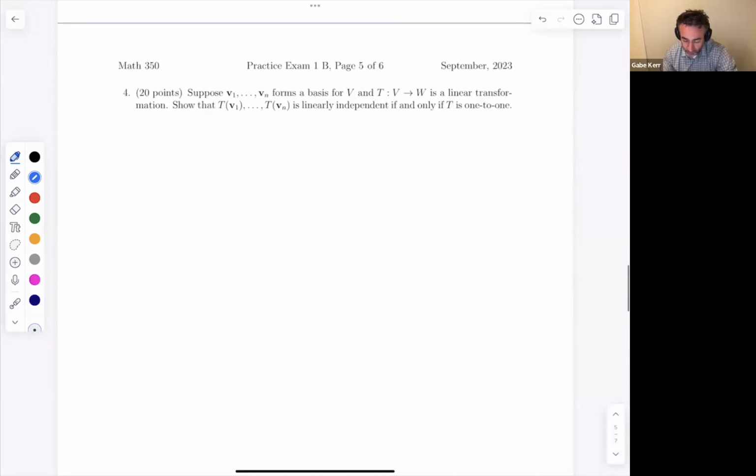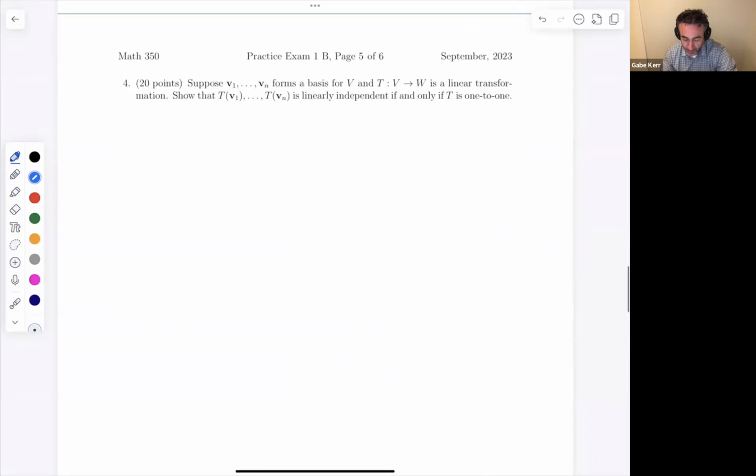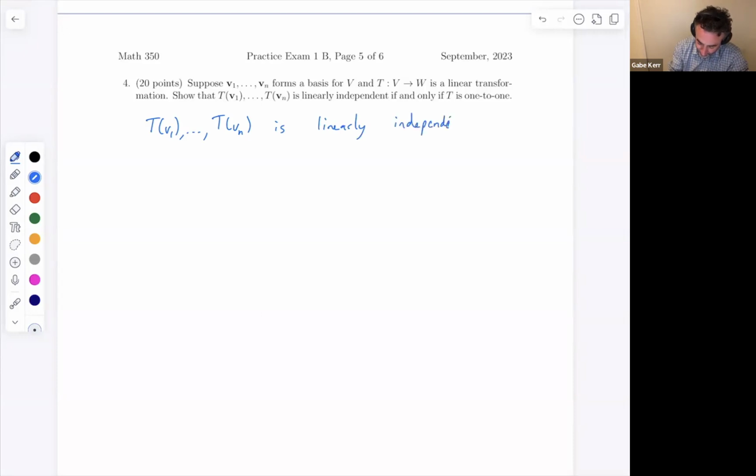This kind of a problem is really just about linearity and definitions. So here's what you would say. I'll just do an if and only if argument. Okay, so T of V1 through T of Vn is linearly independent if and only if whenever we have a linear combination of these vectors